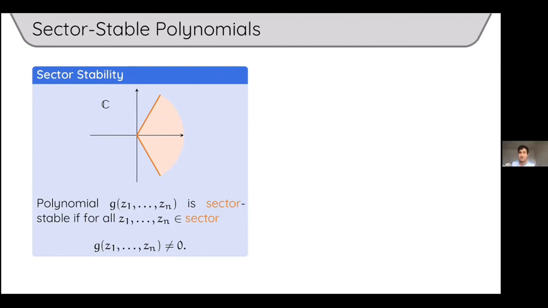and it is when you have a homogeneous polynomial. So when you have a homogeneous polynomial G, then you can just take your sector to be the entire right half plane. That would be equivalent to real stability. So real stability is basically this property when you replace the sector by the upper half plane, but for homogeneous polynomials, all half planes are equally valid. So yeah, homogeneous real stable polynomials are a special case of this, but non-homogeneous ones are not.